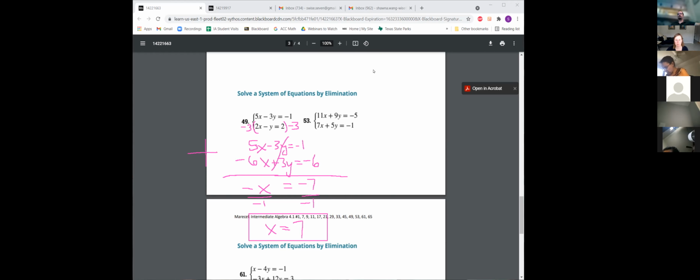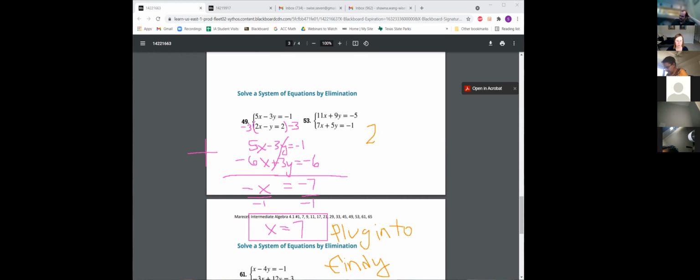I want to change my y's in the first or second equation to find my x. No, to find my y, sorry. So we're going to plug in to find y. Yes, because I have 2x minus y equals 2. Because my x equals 7, it's going to be 14 minus y equals 2, and y equals